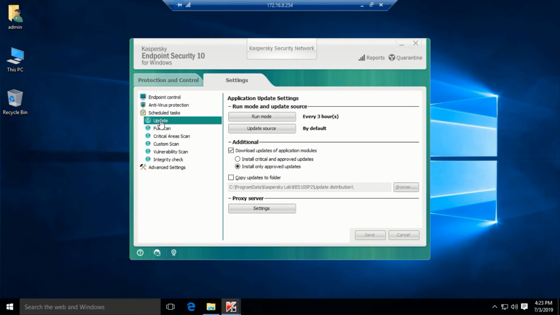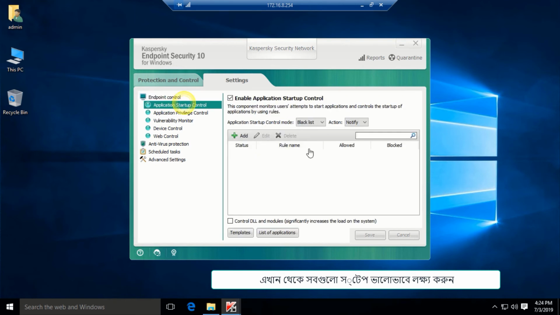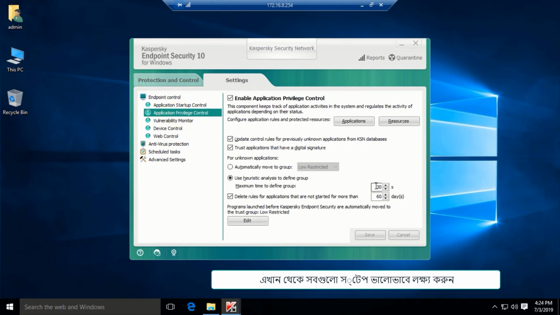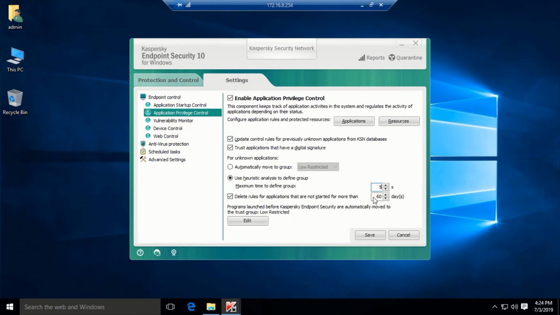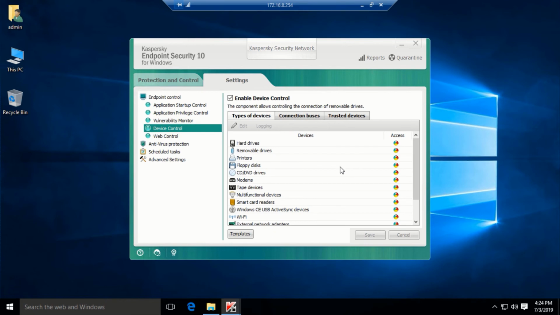Here please see carefully this option. I will show how to do a perfect installation of Kaspersky AntiVirus server, Kaspersky AntiVirus Endpoint Security 10. Here just 1, 5 and 1. Here you can